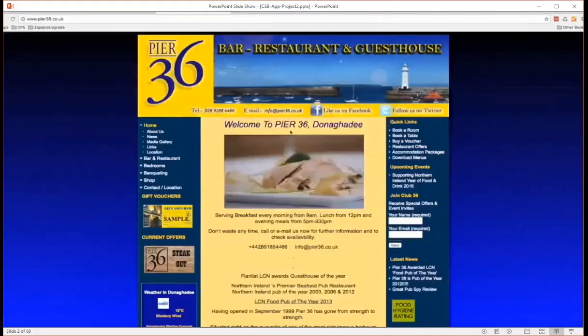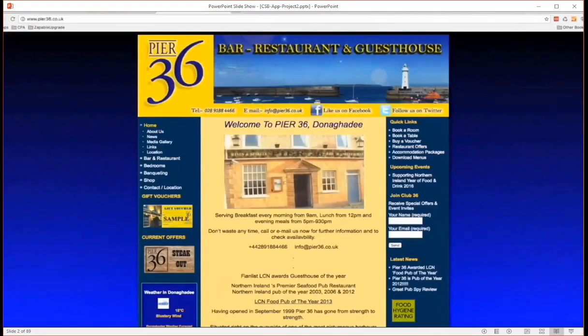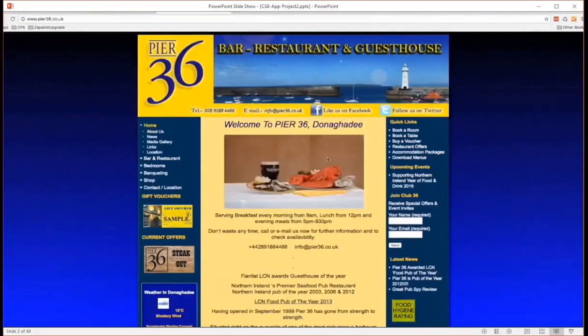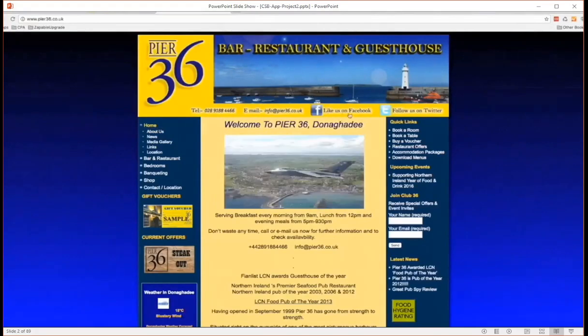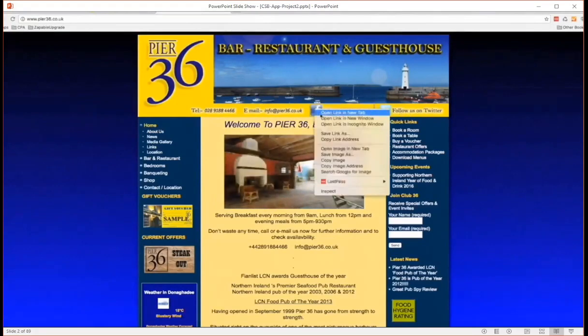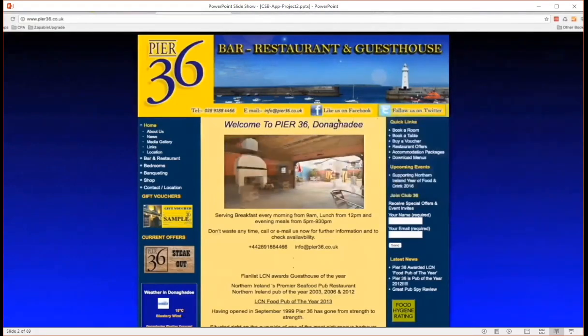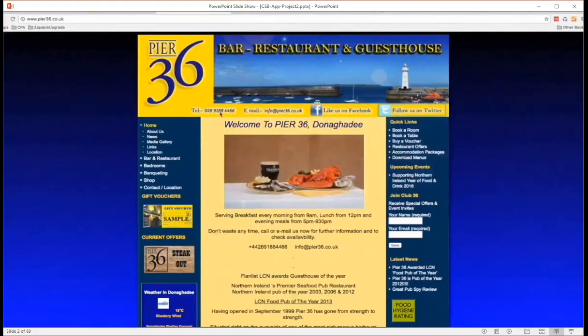So we'll go to their website, and everything we need to build an app for this restaurant is situated on this page. And I'm going to show you exactly how to do it. So we'll notice they have a Facebook and Twitter. So I'll just open them in a new tab. We'll come back to that later. They've got email, phone number, obviously. There's about us,